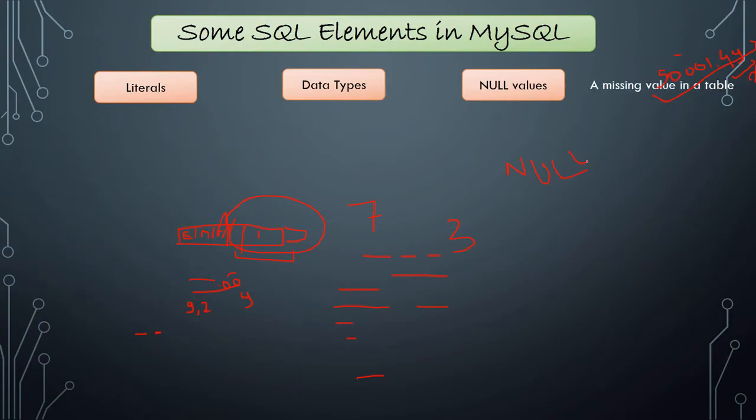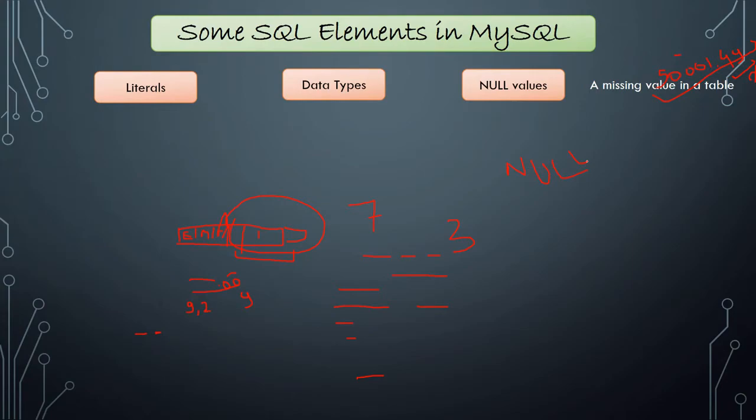Okay, basically these are the missing values in a table. If I am not having any value in my table, then it is considered as null. Don't get confused with this thing that null is 0 or null is 1. No, null is not having any data. It's a missing value. It can be 0, it can be 1, it can be 10, 20, 100, it can be any value. So basically it's a null. That means it's a missing value.